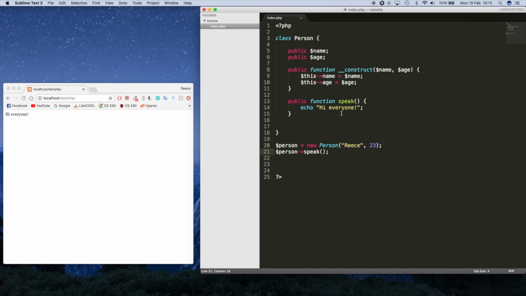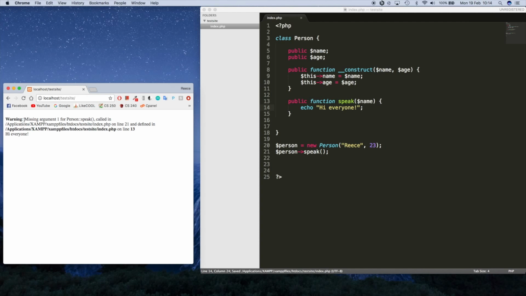Okay, now what if you want to pass a value into this, like I just talked about? I just mentioned how functions can take parameters or arguments, and the way we can do that is by specifying the name of the variable here. So we can say name, like that. We're going to pass in some name variable, and then down here we need to make sure we pass in name as well. If I refresh this at the moment, we're going to get this error saying missing argument